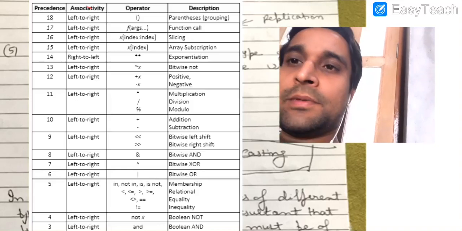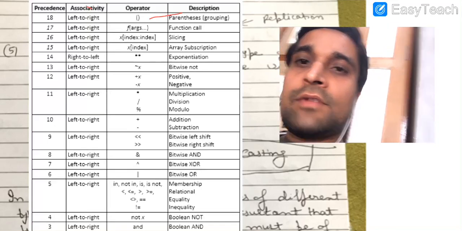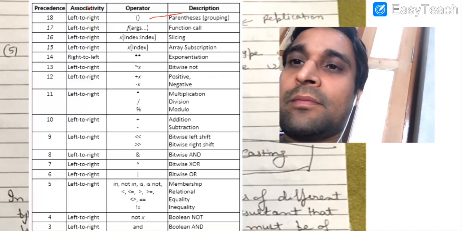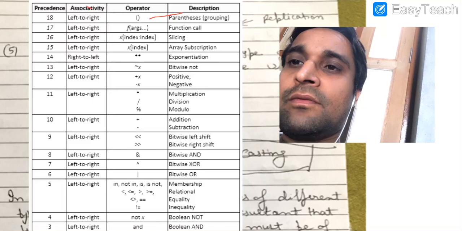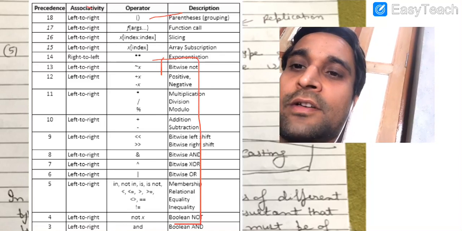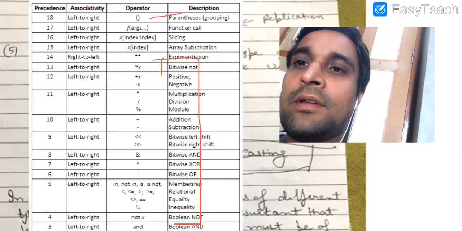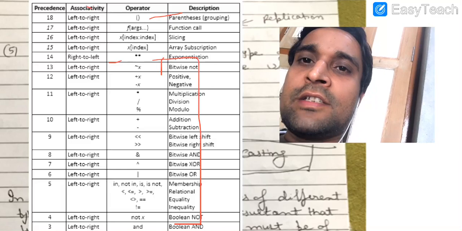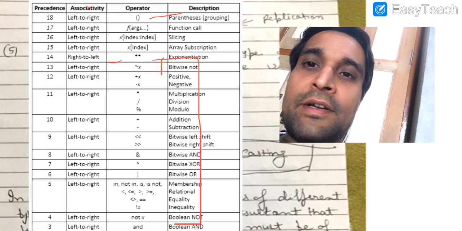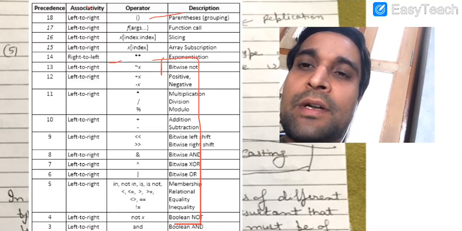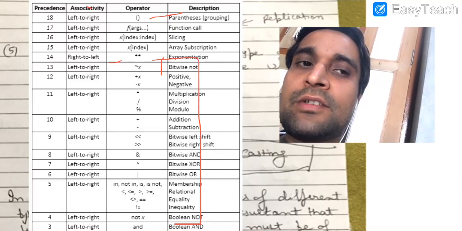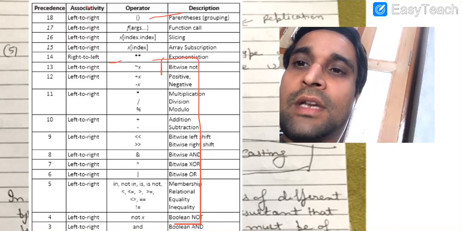Now you can see here in the table, parentheses have the highest precedence, like in mathematics we follow the BODMAS rule. So brackets have the highest precedence. Thereafter we come to this part, because these are the basic operators that we use in our curriculum. Exponent has the highest precedence among them, and its associativity is right to left. All other operators have associativity from left to right, but if we have an exponent operator in our program, then its associativity is from right to left.